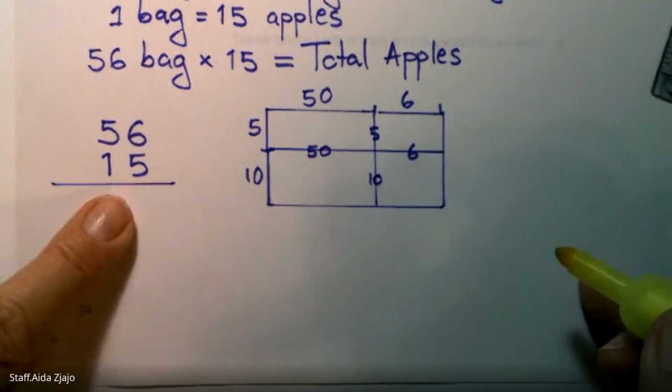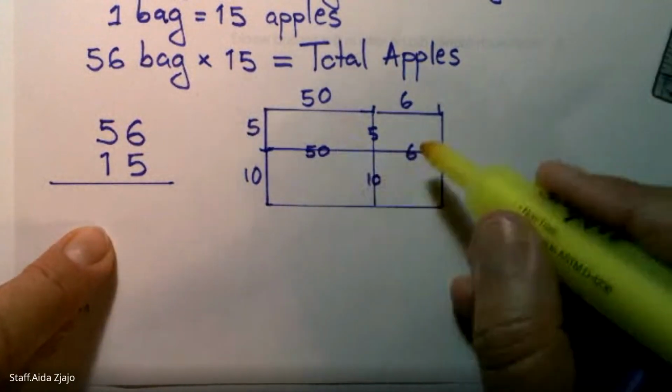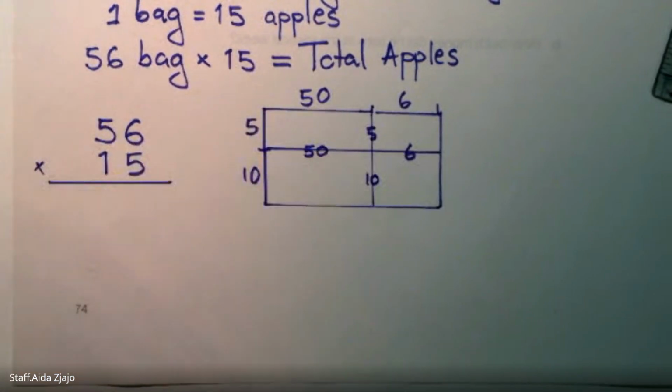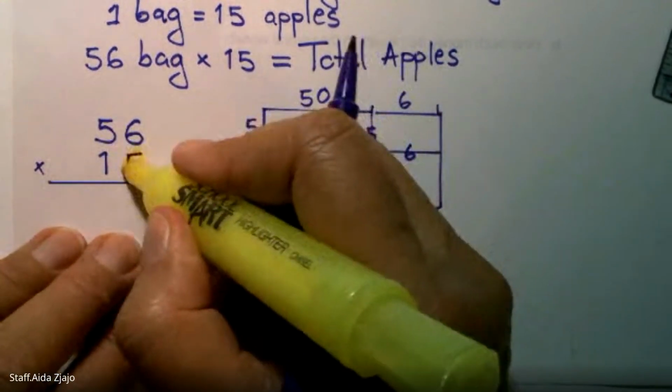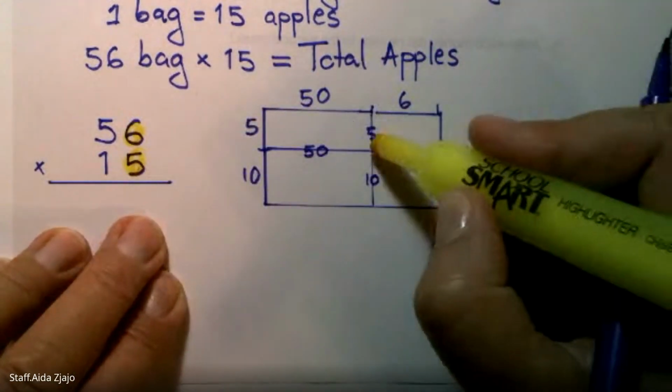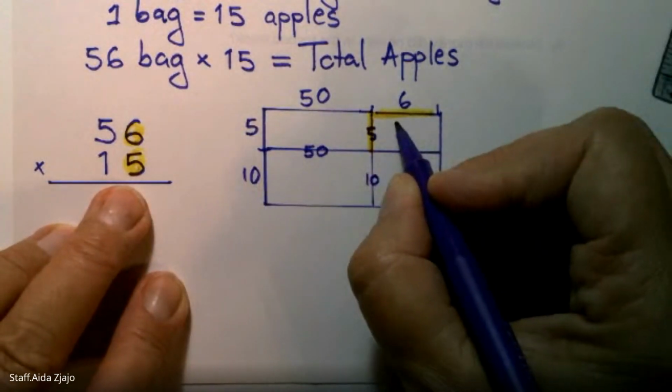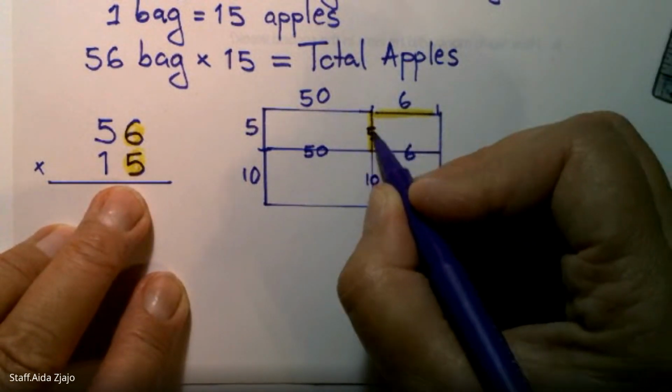So I'm going to do at the same time the area model and the standard algorithm. So first we're going to do 5 times 6. Look, 5 times 6. So 6 times 5